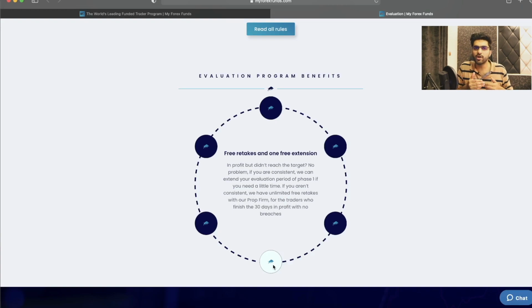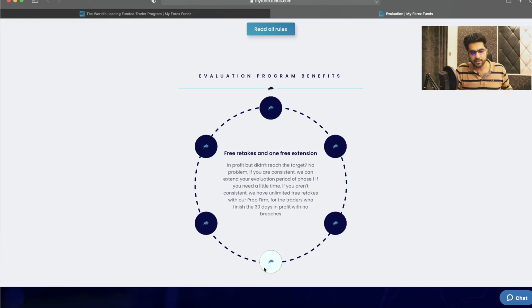So let's say that you are trading consistently on phase 1 of the challenge, but you could not reach the 8% profit target in 30 days. If you are consistent in your trading, they will give you a little more time, like 2 weeks I think, to make the remaining profits on your phase 1. So let's say you are at 5% profit by the end of the month and you have not violated any risk parameter and you are consistent in your trading, they will give you at least 14 days extra to make the remaining 3% on your phase 1. So that is a very good thing